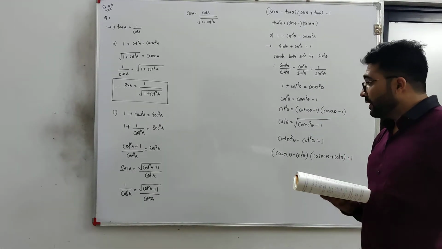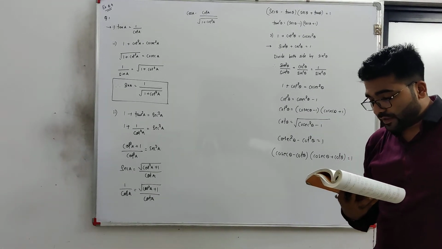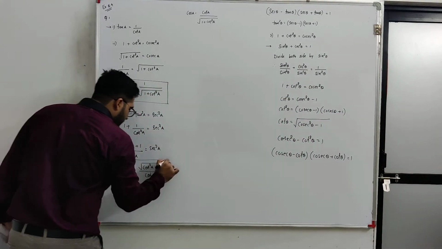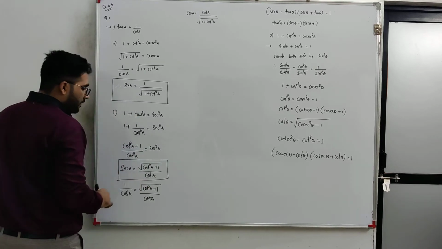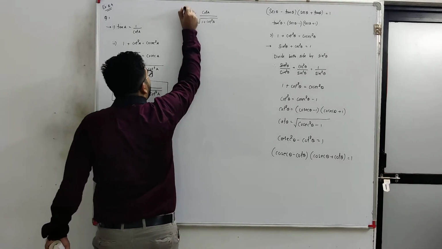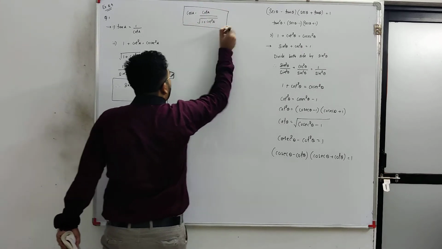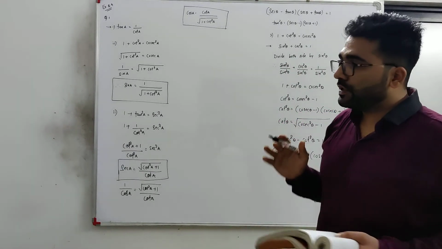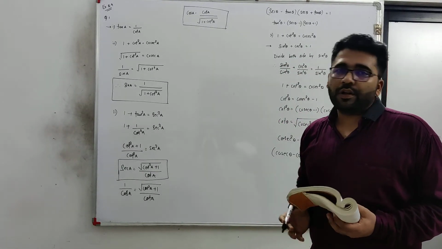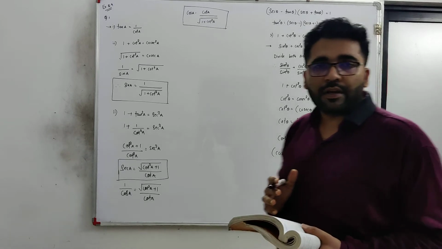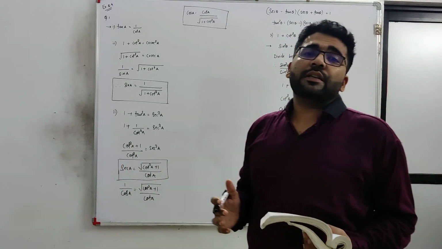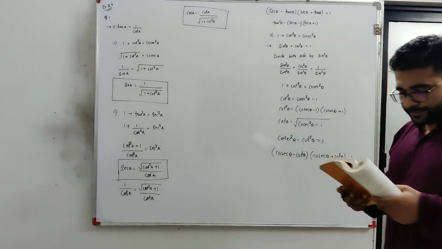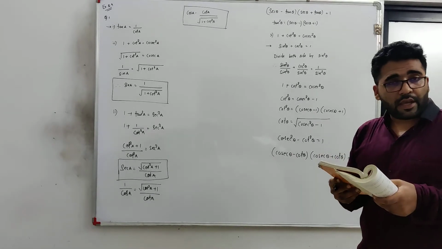And there is one more thing. Here I am finding cos A, but in the question they have asked to convert this sec A in terms of cot A. So here I am converting the sec A in terms of cot A, and here I am converting the cos A in terms of cot A. See, this question is very important, because once you find how to convert any one ratio into the other form, you can easily understand how to solve trigonometric ratio questions. Now, question number 2 is the same.